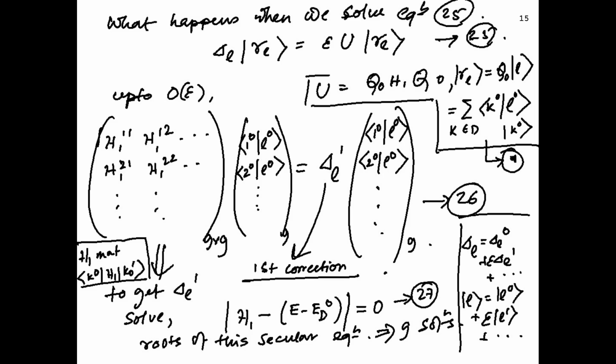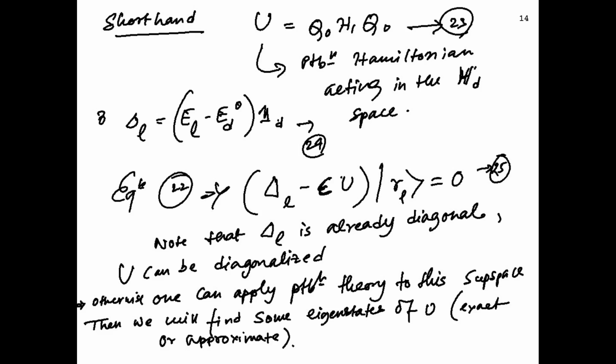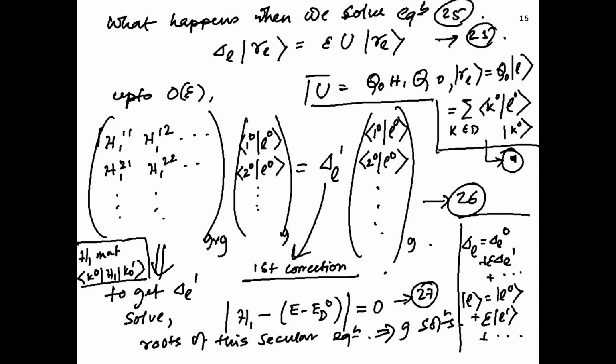So how does equation 25 look when I write it in its full expanded form? What happens when you solve it? Equation 25, as we mentioned, is just taking the terms from the left hand side to the right hand side, and u is q naught h1 q naught, and RL is, as we defined, q naught L. So when I write it down or expand it in the form of